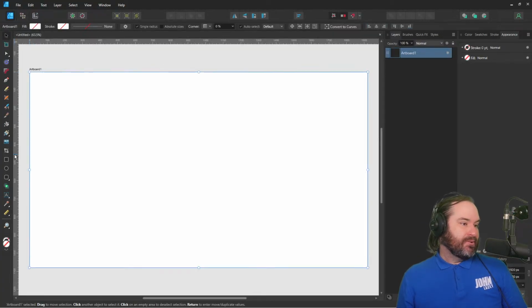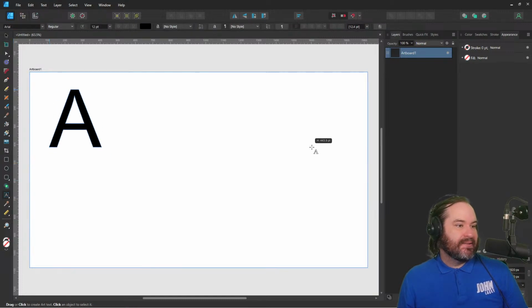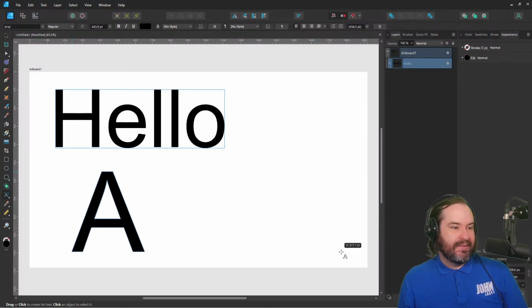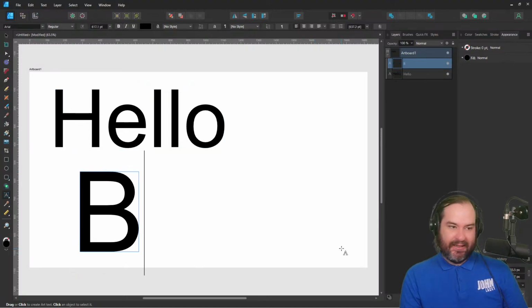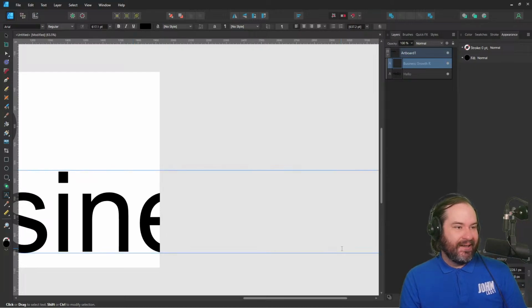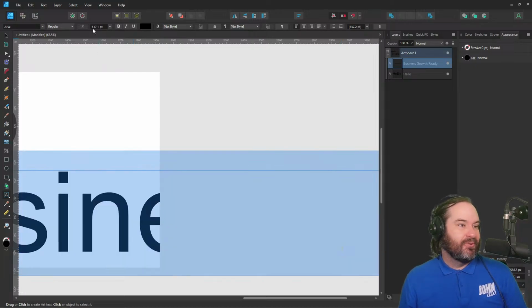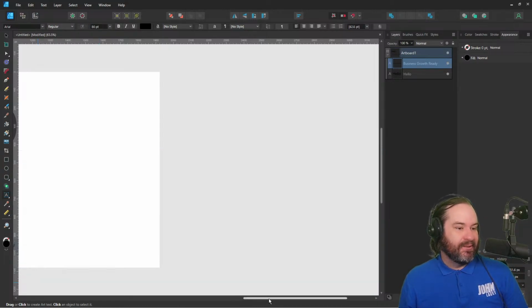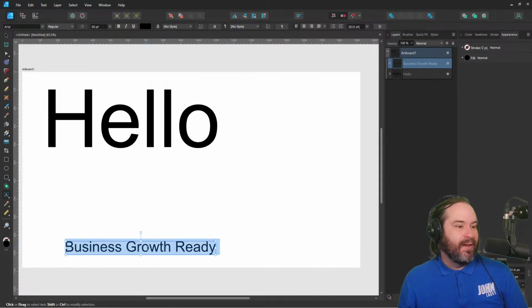And I'm just in Affinity Designer. I'm just going to add some text and say hello. And let's add some more text. And I will say Business Growth Ready. Although I'm going to have to make that much, much smaller for it to fit on the screen. Say about 80 points. So again, this is not going to be the most exciting example in the world, but